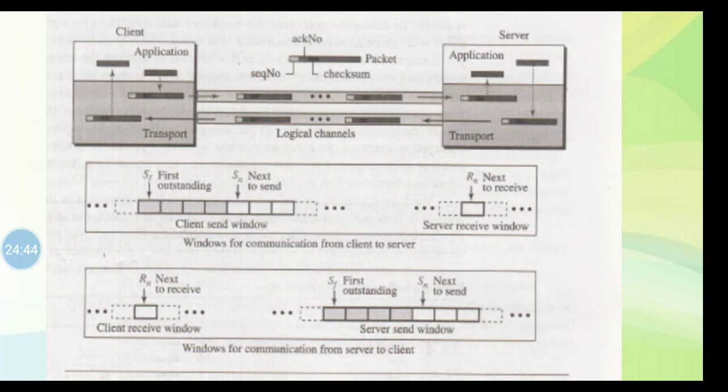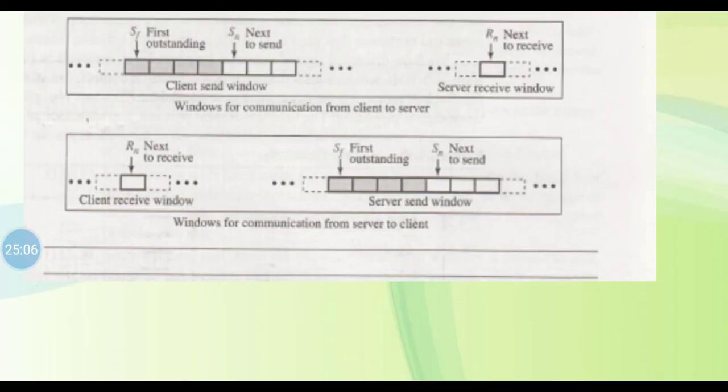To improve the efficiency of bidirectional protocol, a technique called piggybacking is used. When a packet is carrying data from A to B, it can also carry acknowledgement feedback about arrived packets from B. When a packet is carrying data from B to A, it can also carry acknowledgement feedback about the arrived packets from A. So this figure shows the design of